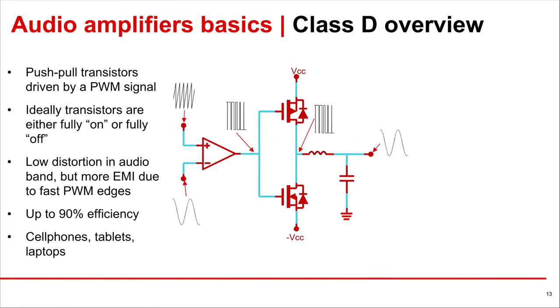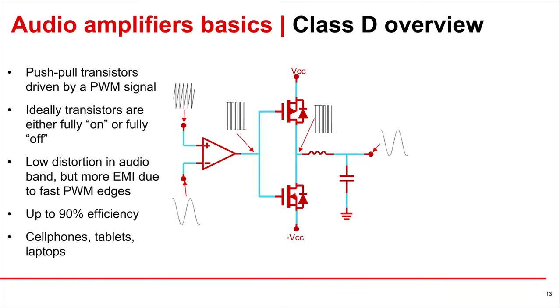And next, we'll explore the Class D amplifier. The primary difference between this amplifier and the other classes is that the input signal is pulse width modulated before it is driven to the transistors, and once amplified, it can be low-pass filtered and leave the original signal. The Class D amplifier is able to achieve up to 90% efficiency because the PWM signal will modulate each MOSFET either fully on or fully off, treating it like a switch.